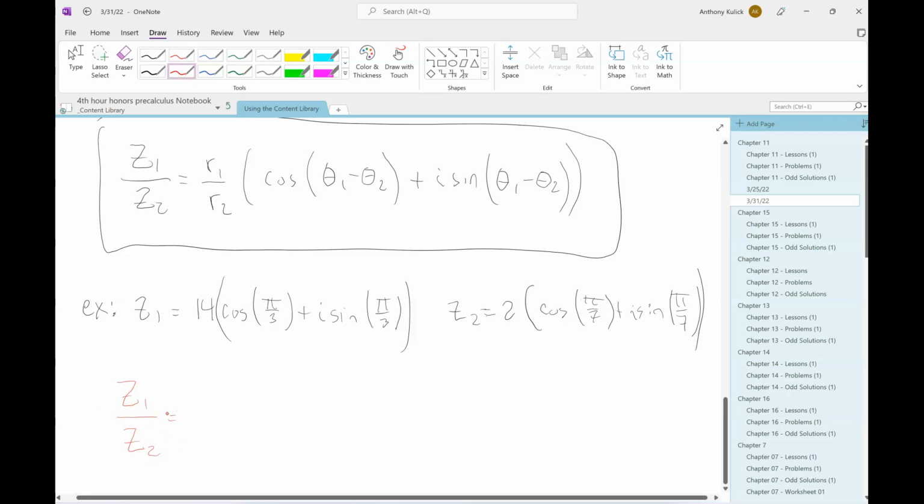So there's my two complex numbers, 14 times cosine pi over 3 plus i sine pi over 3, and 2 times cosine pi over 7 plus i sine pi over 7. All right, so I'm dividing these two numbers. What do I write? Well, 14 over 2 times cosine of,